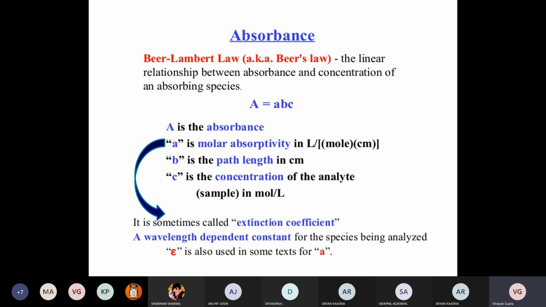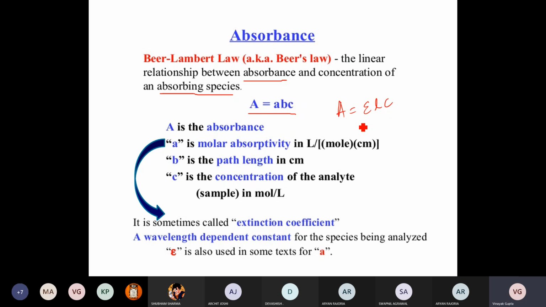These are the names of the scientists. They concluded that there is a linear relationship between the absorbance and the concentration of the absorbing species. Or simply it can be written like this: A is equal to ABC, or in some books it is written like this: